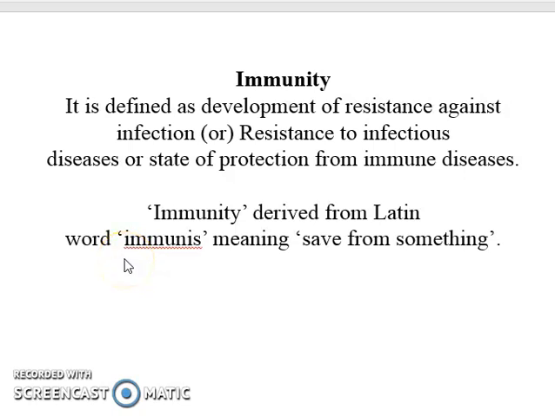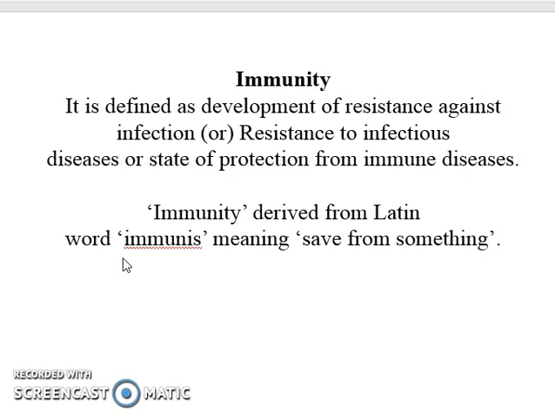In this video, we are going to discuss the introduction of the immune system. First, what is meant by immunology? Immunology is the science that is concerned with the immune response to foreign germs. And immunity is a word derived from the Latin term immunes, meaning to accept or save